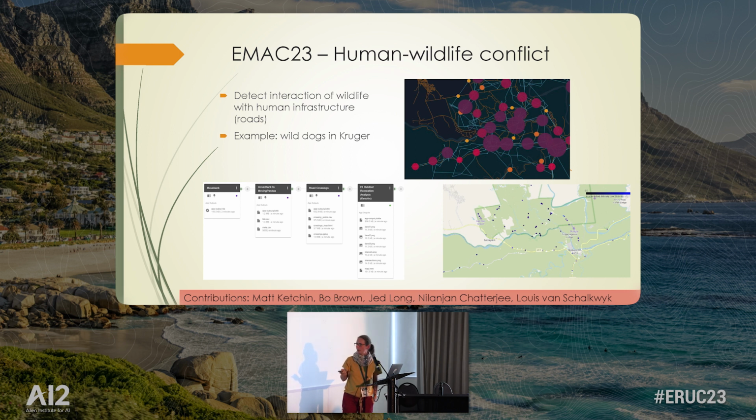And another app is about the contact with humans. Maybe you've heard of Strava. It's a data set where people that jog are kind of logging wherever they're doing that. So this is a data set of wild dogs in Kruger, where there's quite some data of that. And this guy, Matt Ketchin from Canada, has made an app where each of these dots is a location of these wild dogs, and the coloring indicates how much Strava activity there was in the region,